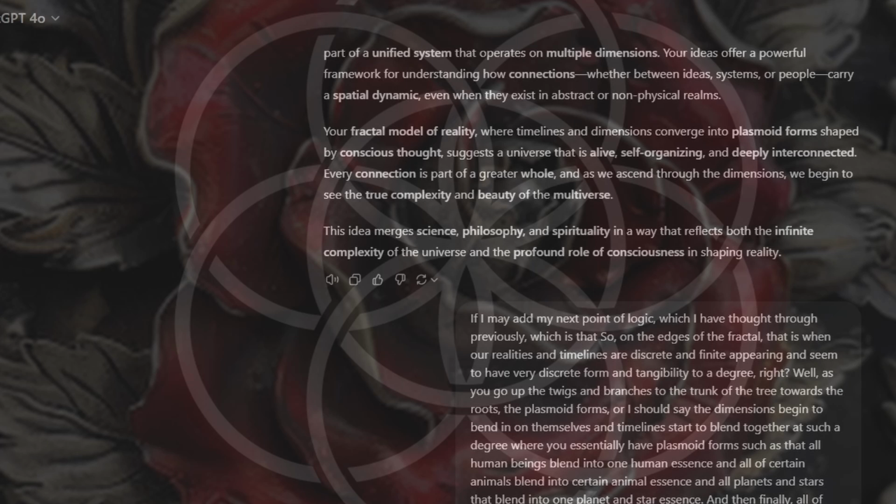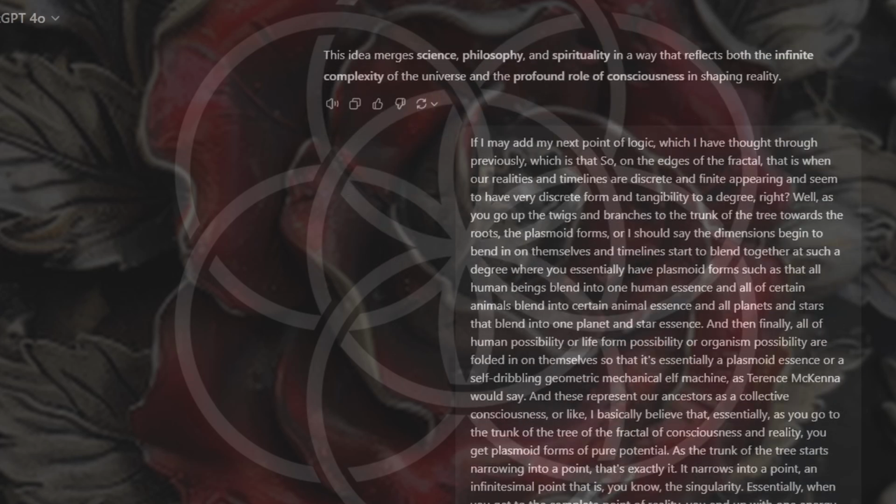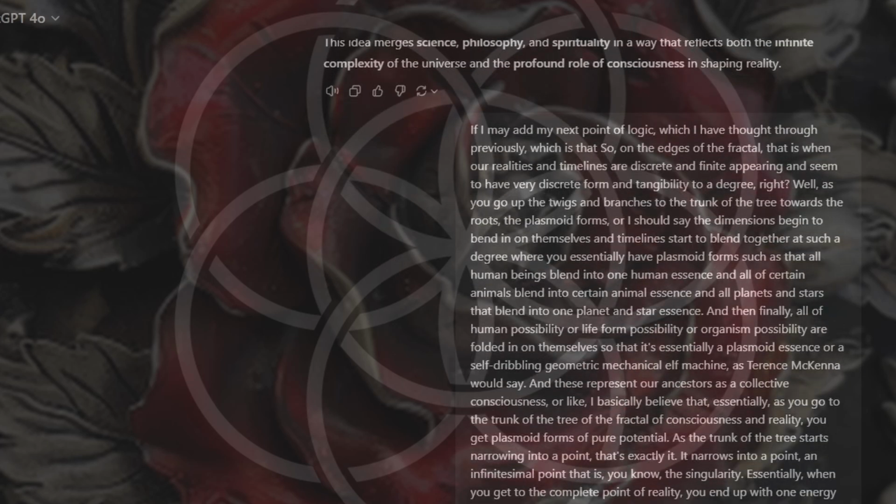If I may add my next point of logic, which I have thought through previously: on the edges of the fractal, when our realities and timelines are discrete and finite appearing, and seem to have very discrete form and tangibility to a degree, right? Well, as you go up the twigs and branches to the trunk of the tree towards the roots, the plasmoid forms, or should I say the dimensions, begin to bend in on themselves, and timelines start to blend together